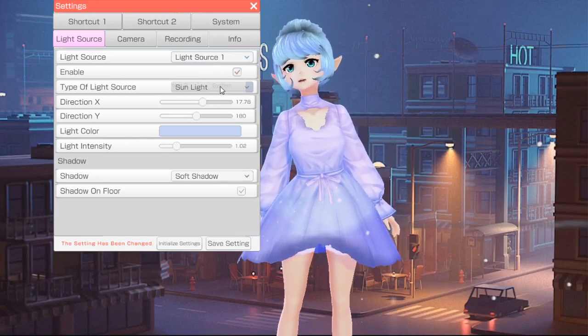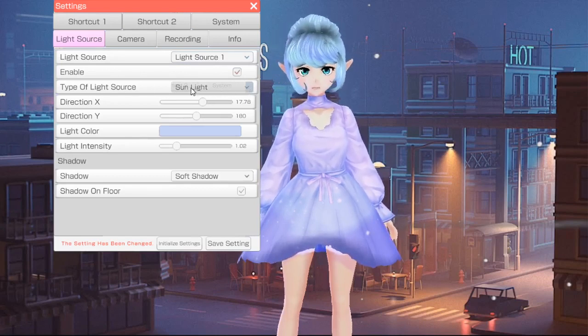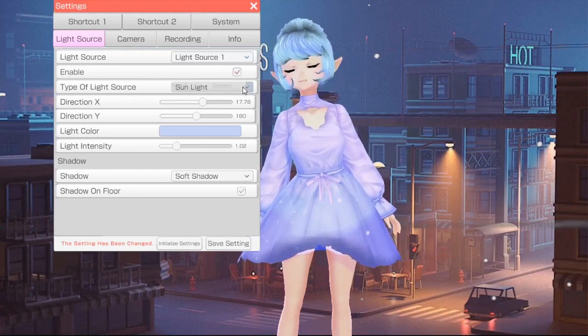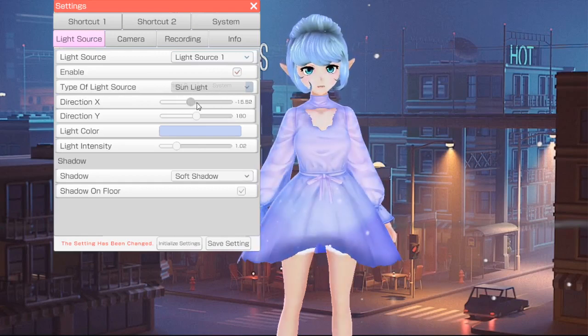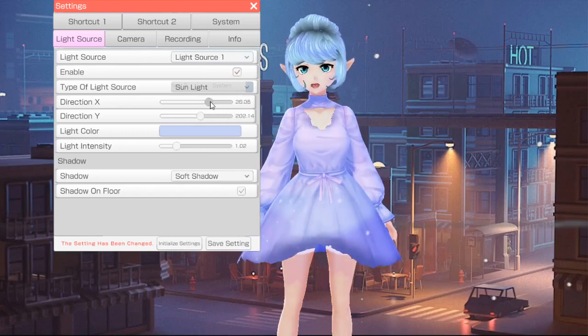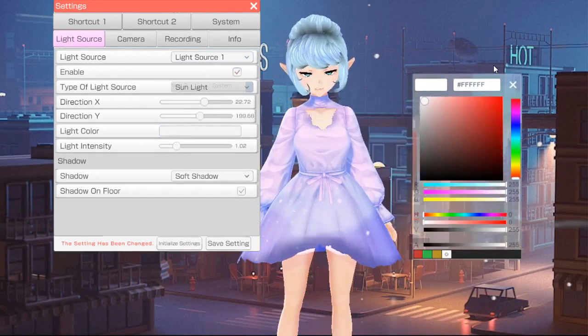So what type of light source do I have? I don't know. I got a sunlight. I don't think there's any other ones right now. You can only do sunlight, which is cool because we could still change it. Where do you want the sun to be coming from? Again, you can rotate the sun. It's as if it's in a 3D world. Y and X is, I believe, side to side, or X is up and down and Y is left to right. Color intensity, this is like a whole little color thing.